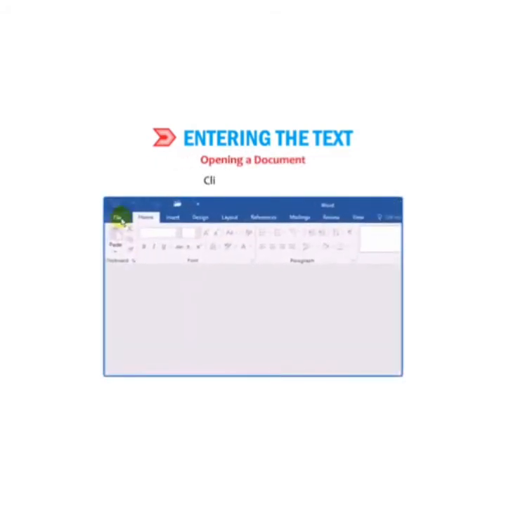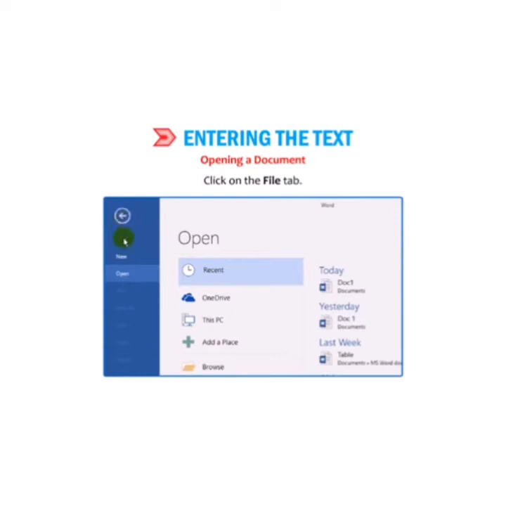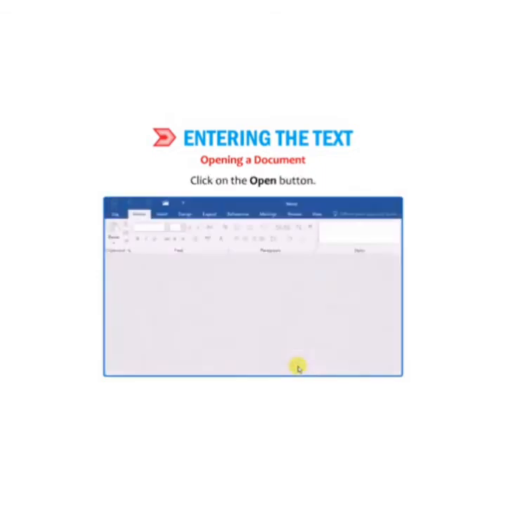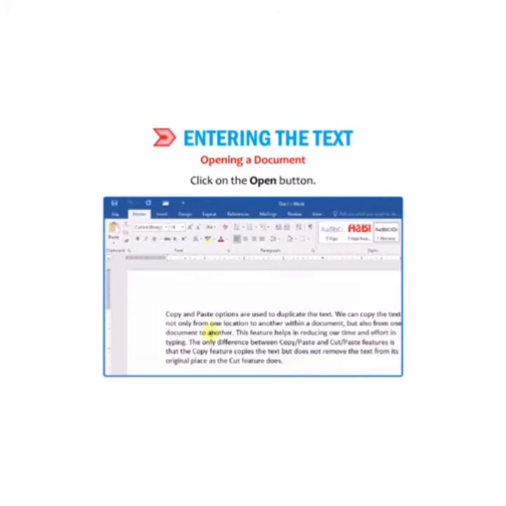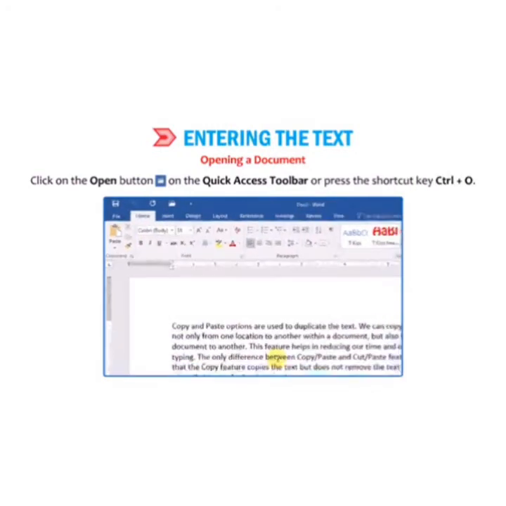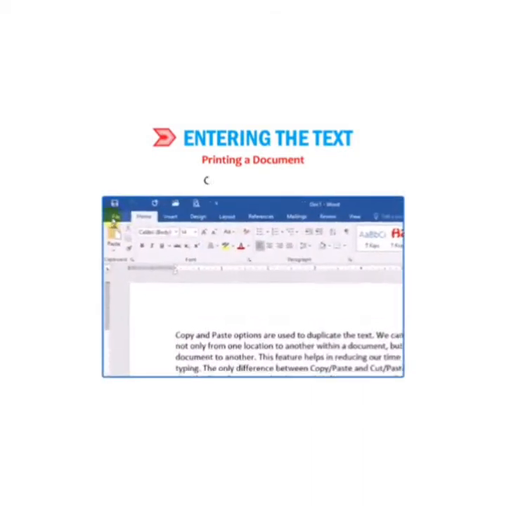If you want to open a document, click on the File tab, then choose the option of Open, then This PC, and all the files in your PC will be shown there, or you can enter the file name and then click on the Open option. You can also click on the Open option from the Quick Access toolbar, or press the shortcut key Ctrl+O. Now printing a document.